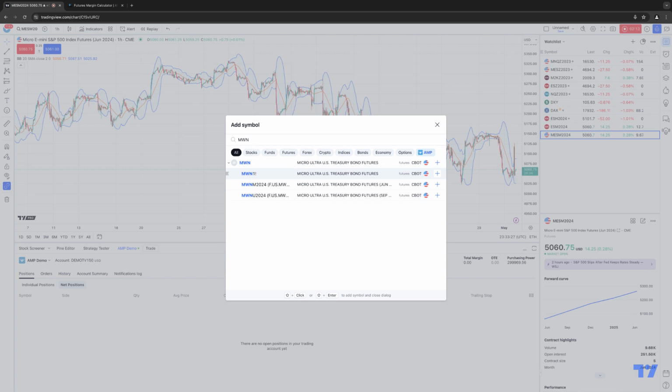And the reason why I wanted to point this out is because it's very important that whenever you're trading with AMP Futures and using a CQG connection, the CQG abbreviations will be slightly different than the exchange symbol abbreviation. So the exchange symbol abbreviation for the Micro Ultra US Treasury bond is MWN. And that's why I recommend always typing in the CQG symbol abbreviation instead, because the one thing you don't want